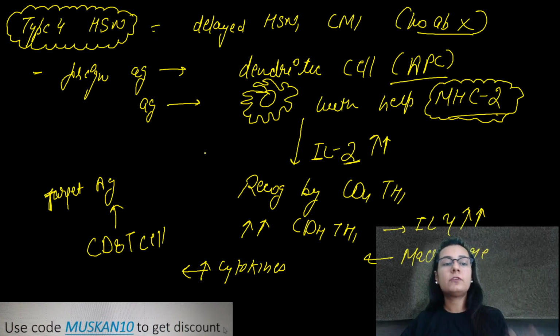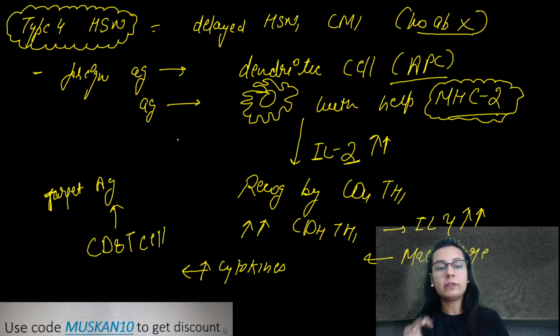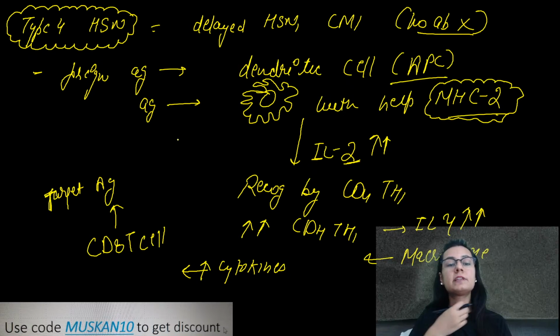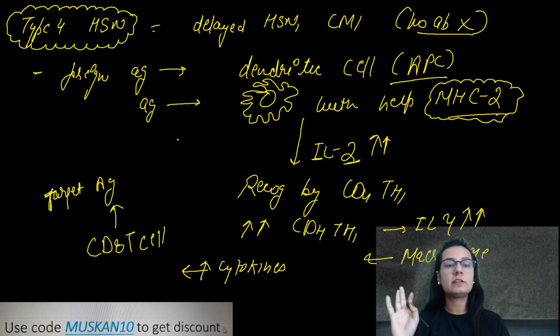ठीक है. तो टाइप 4 हाइपर सेंसिटिविटी में क्या, it is delayed hypersensitivity, क्योंकि इसका जो टाइम ड्यूरेशन होता है it is not immediate. ठीक है. इमीडिएट हाइपर सेंसिटिविटी में टाइप 1, टाइप 2 एंड टाइप 3 आएंगे. Type 4 is a delayed, and antibody is not taking part. We can clearly see antibody is not taking part in the type 4 hypersensitivity, and it is clearly cell mediated